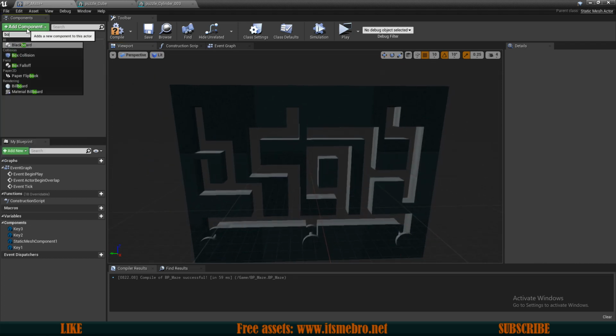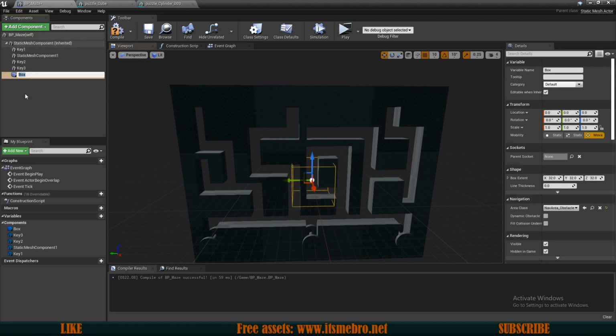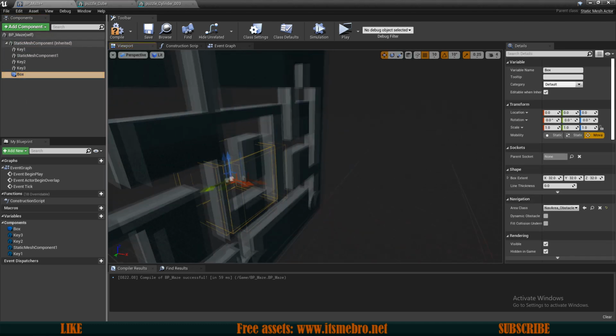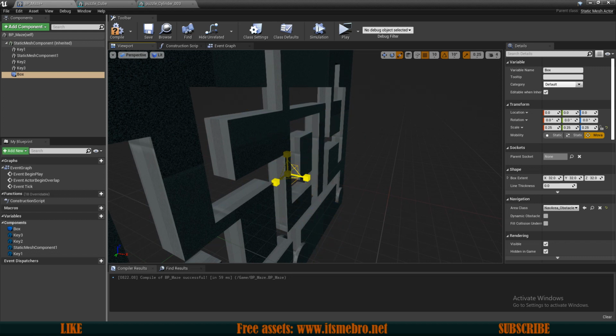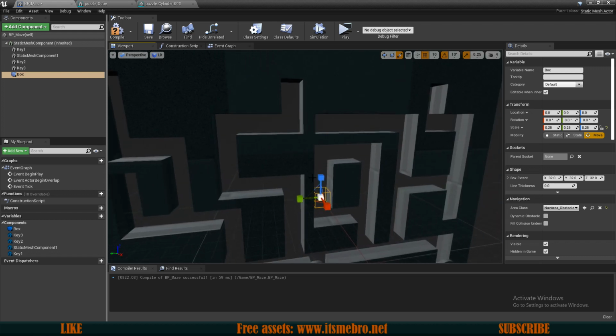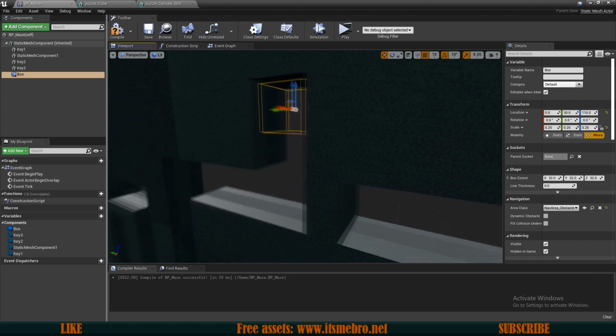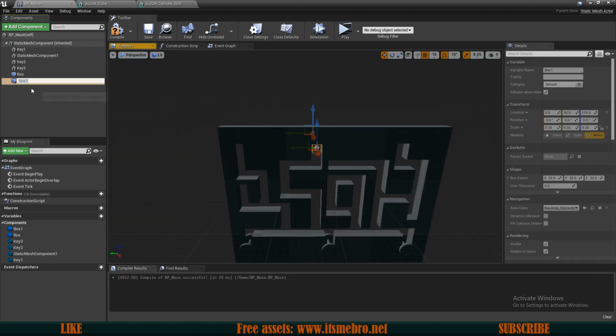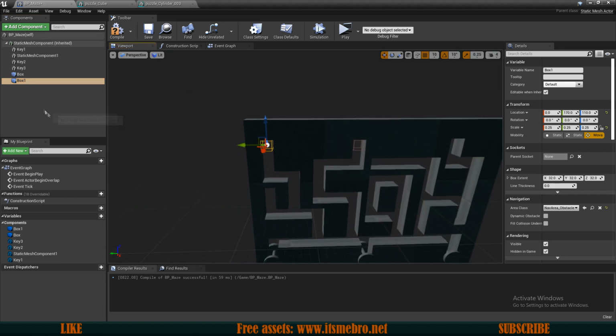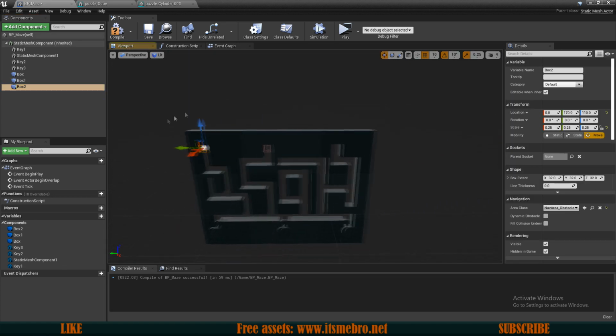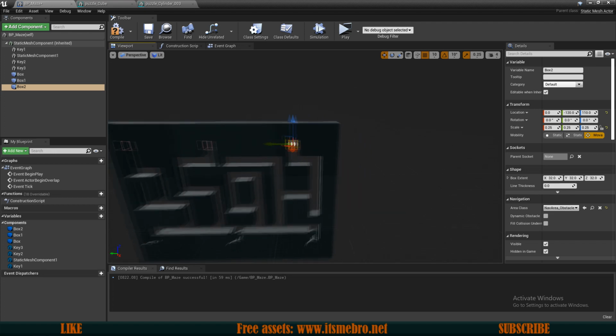So for that I will add a box collision. You can use any collision box. Let's scale this down. There we go. And so my locations are going to be over here, so this is going to be one of them. Let's duplicate this. Then we shall have another one over here. Let's duplicate that one once more, and let's move it to the other side, and this is going to be